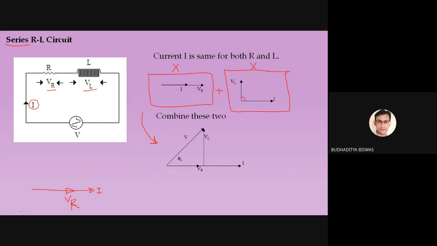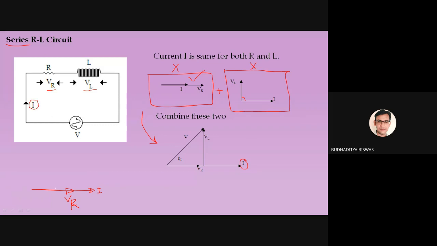Because this one is for illustrative purposes only. Actually, the voltage should be greater than the current in numerical value or in the phasor diagram. But as this is for illustrative purposes only, we just extend this line. This should not mean that the current has more magnitude compared to the voltage. This is the actual phasor diagram: the voltage obviously has more magnitude compared to the current. But to make it clearer, to make it more presentable, we just extend this line I. It doesn't mean that I is more than VR.